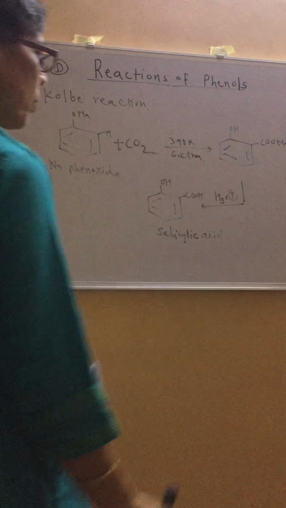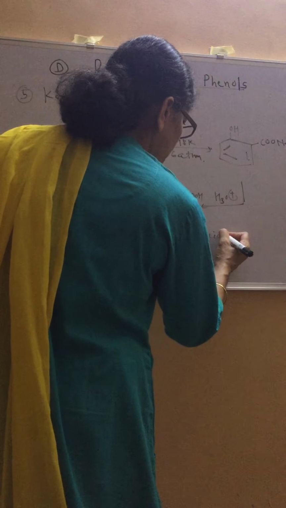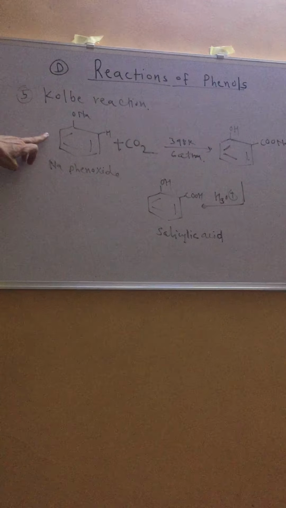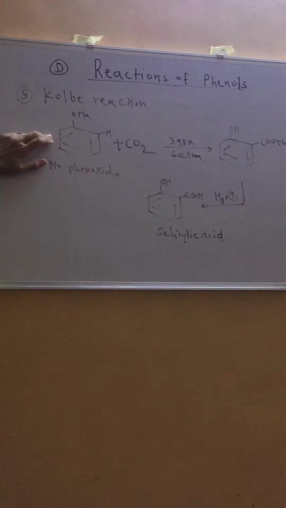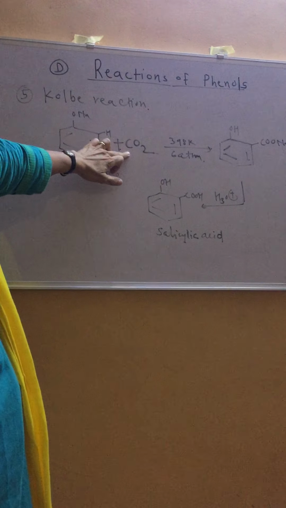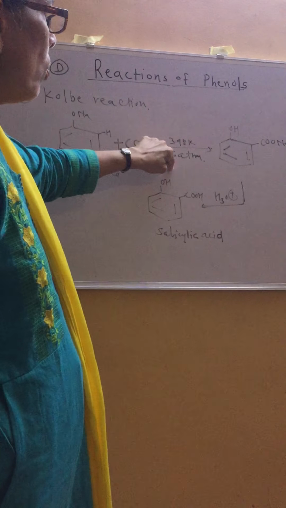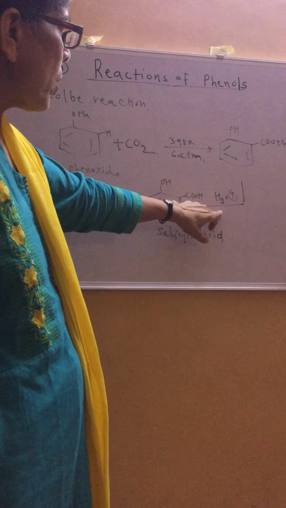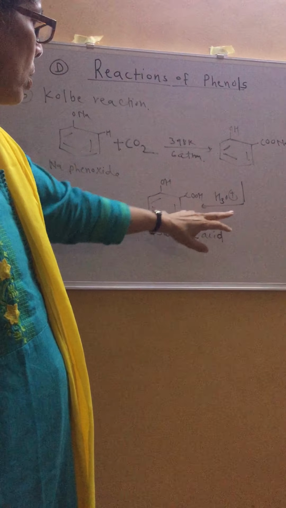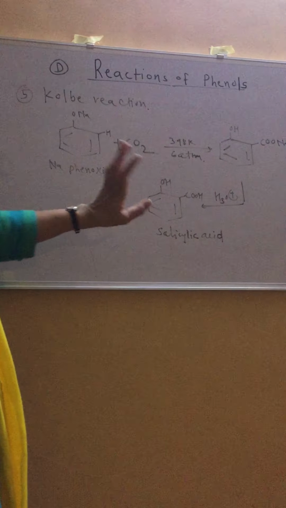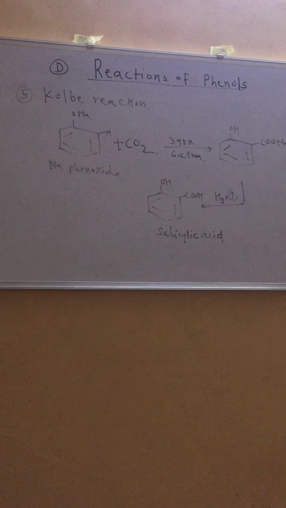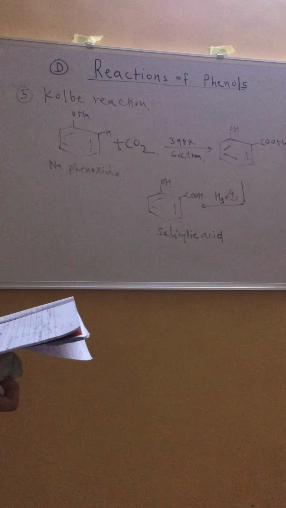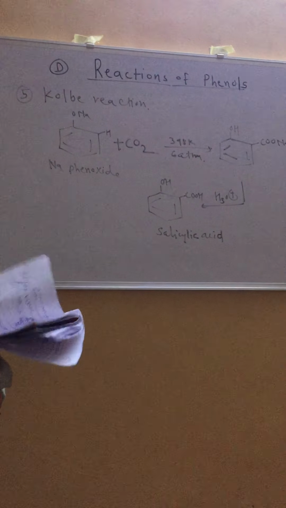See the reaction carefully. Named reaction, so you have to remember and practice a lot by writing. What is happening? Instead of taking phenol, we are taking sodium phenoxide as the starting compound. When it is treated with CO2 at high temperature and high pressure, we will get an intermediate, which on further acid hydrolysis is giving us salicylic acid, that is Kolbe reaction. Okay. See the reaction carefully so that we can go for the 6th reaction.